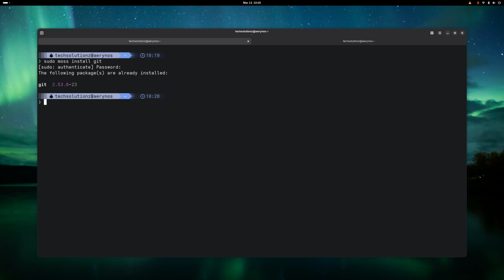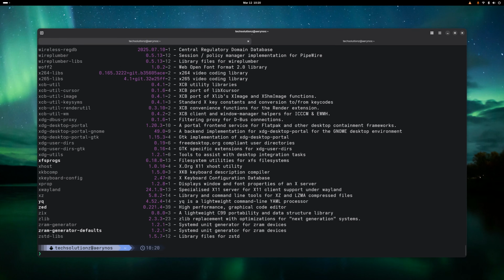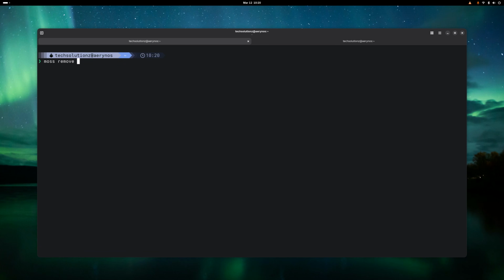Another important task is updating the system. With MOS, updating your system becomes a single command. When you run the update command, the system refreshes the repositories and upgrades installed software to the latest available versions. This includes system libraries, applications, and desktop components. The process is designed to be reliable and consistent, which helps reduce problems that sometimes happen with complex dependency chains